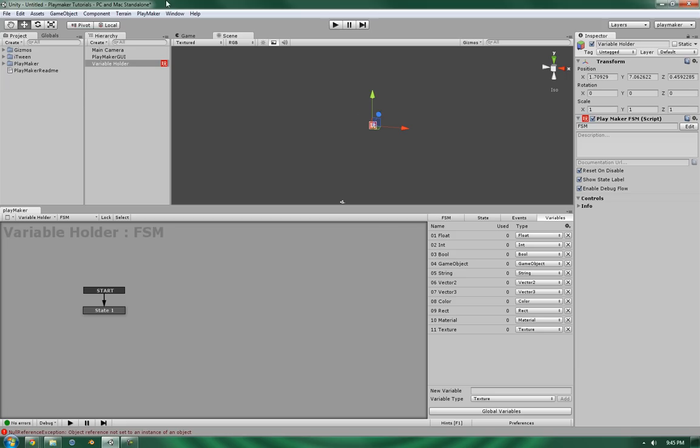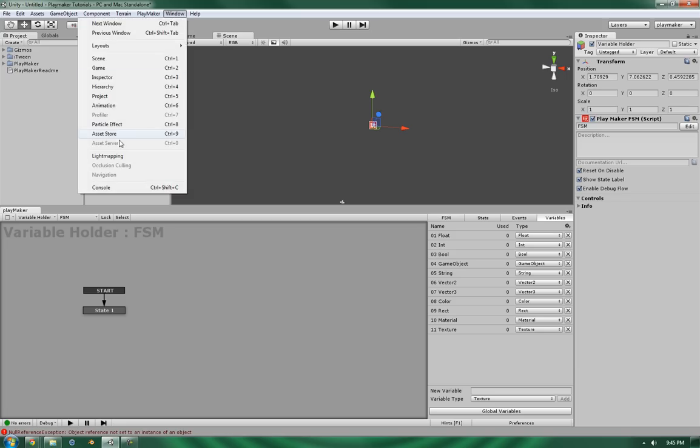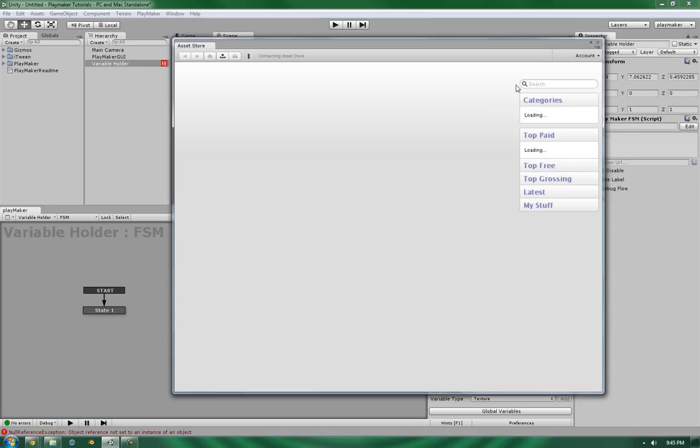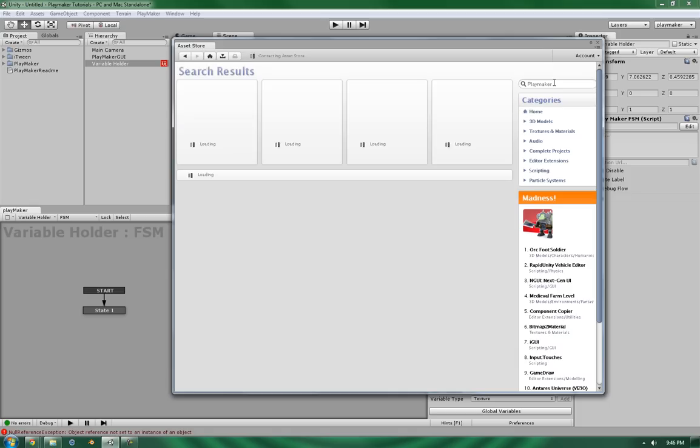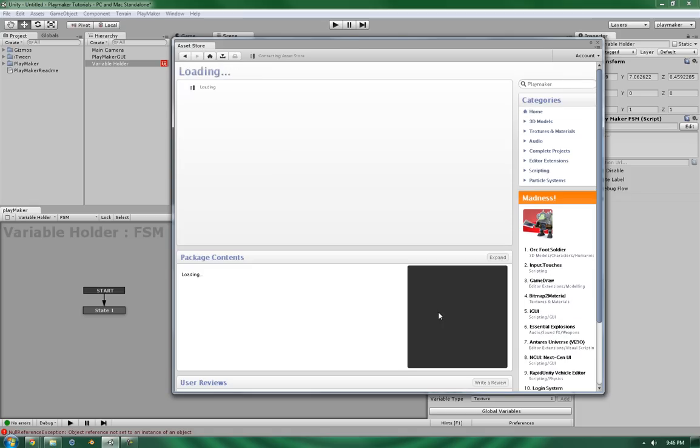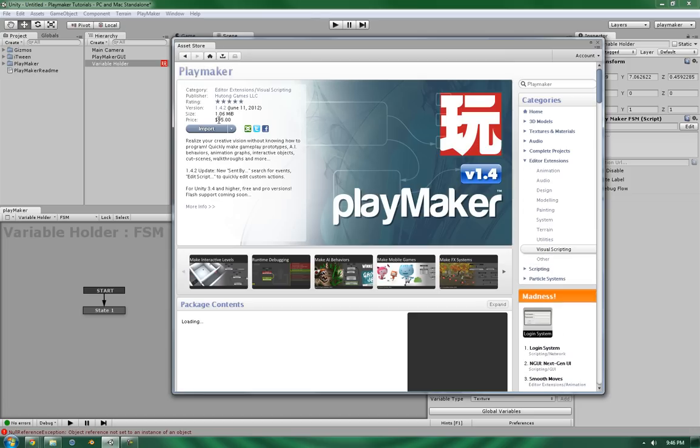Now, first thing you need to do is, if you haven't done so already, go into the window menu and then the Asset Store, and then you just search in for Playmaker, and there it is. Now, it is $95, but it is well worth it because it is a very flexible program. However, if you've already purchased it but you haven't yet added it to your project, just go here, click Import, and it'll re-add it to